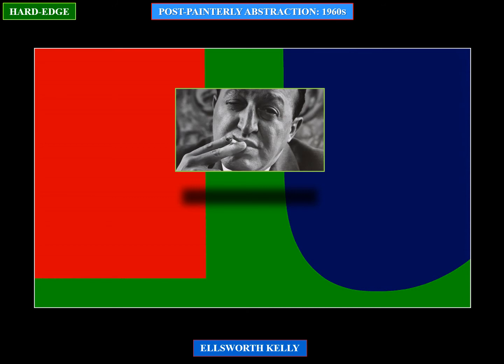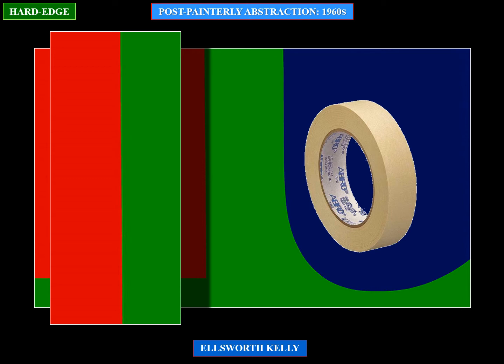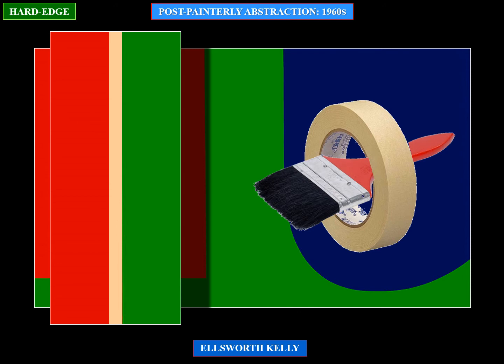And we're going to try to understand their thought process enough to see what they saw that was important about the movement. Well, why is it called hard edge? You can get up closer and you can see how this stuff was made. You take masking tape, for the most part, and you just simply apply it to the canvas. And then you get a brush and you apply paint alongside the masking tape. There's my green paint going in. And then you remove the tape, and you have a very crisp, defined edge, hence the term hard edge painting.